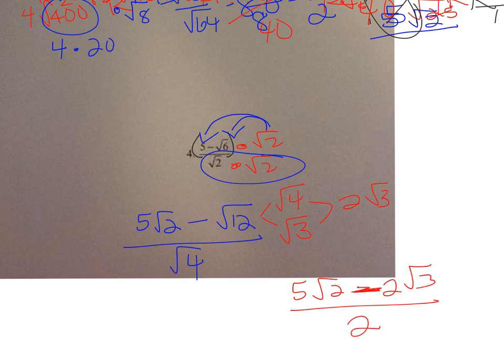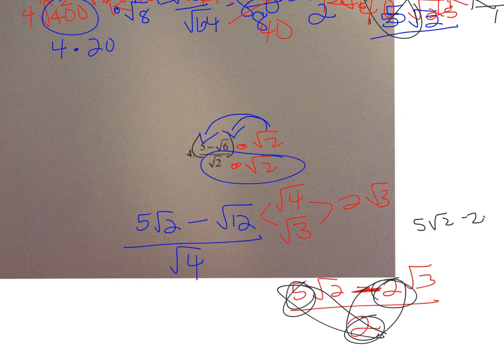over 2. And now I'm going to see if I can reduce. Is there a number that goes into 5, 2, and 2? No, so then that's my answer: 5 the square root of 2 minus 2 the square root of 3